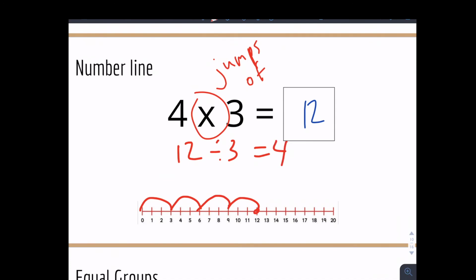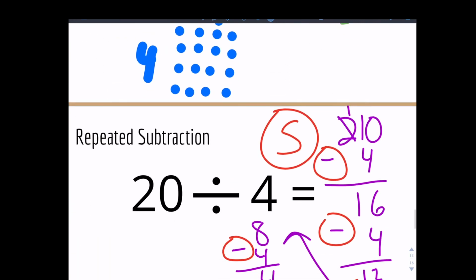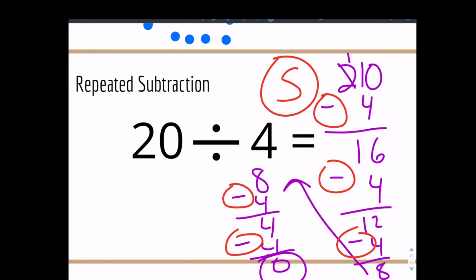That's it. All right, well, again, these strategies are all going to get you the same answer. A lot of it is going to come down to, especially when it comes to tests, what the word problems are asking. Some are more efficient than others. If they're talking about rows of things and you're sitting there drawing equal groups, that might not help you picture the word problem as well. But if you're using repeated subtraction to solve division, even though they ask for an array, you're still going to get the same product, or sorry, the same quotient. But again, these are just the